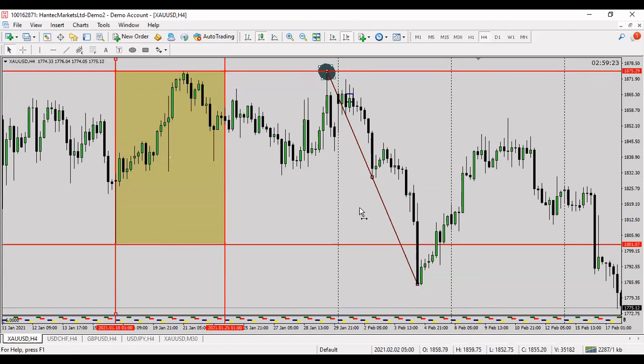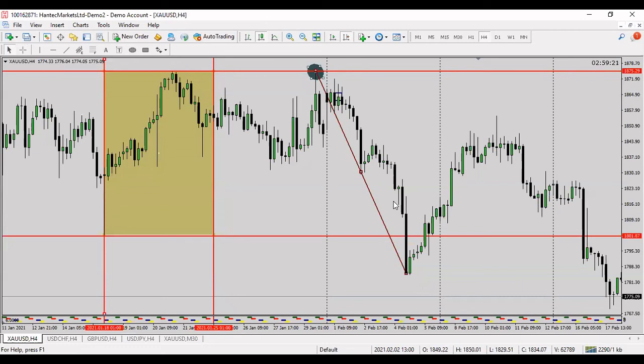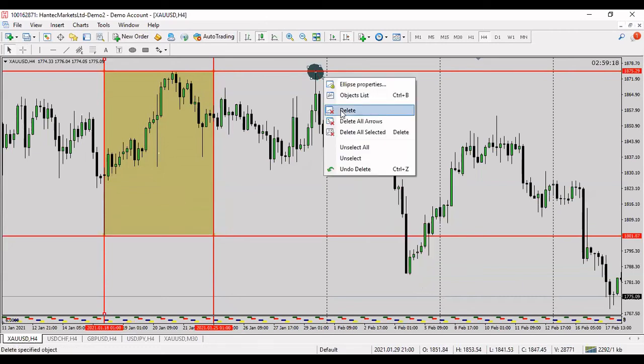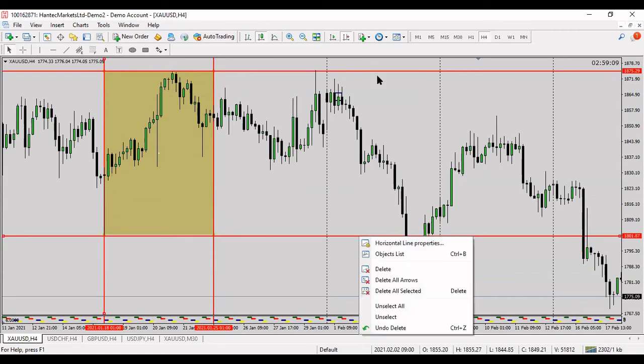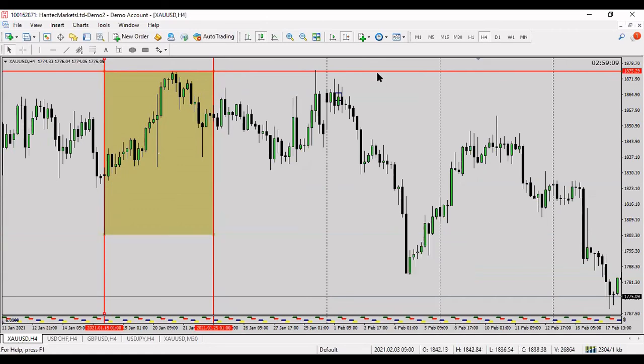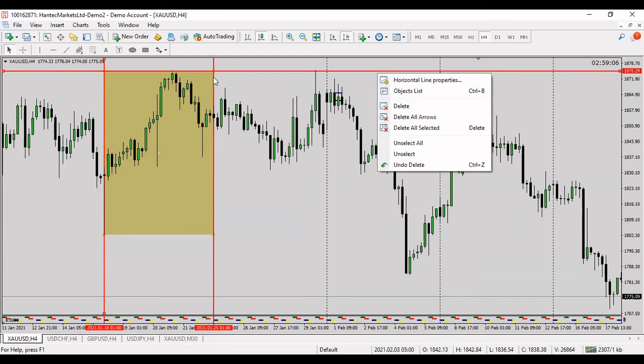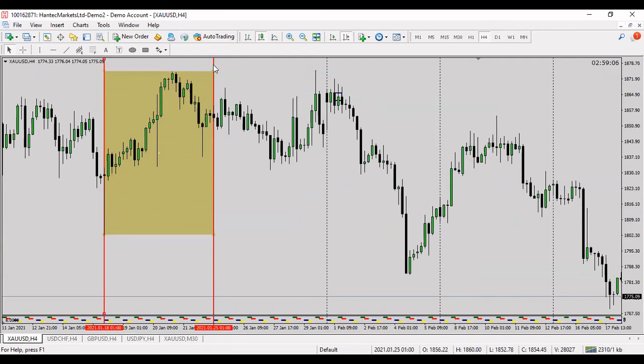You get me? So this is what I'm talking about. When the trading week begins, it's always good, if you want to trade a particular pair, that you find the trading range from the previous week. If you find the trading range from the previous week, after you already know what the general trend is, it gives you a very good perspective, and it gives you the levels you should